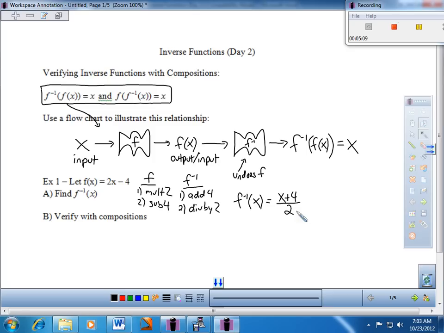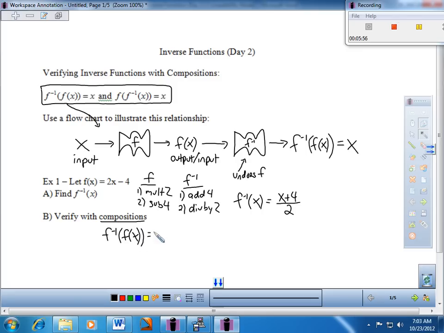Now what we want is basically a way for us to confirm that, to actually see if that truly is. And how would we do that? Well, again, we graphed yesterday and we saw some characteristics and some conclusions with this. But algebraically, there's a way to verify this using, and again, there's the idea, compositions. So I'm going to certainly do it one way. Maybe you can do it that way and then the other way as well. We'll just kind of see how this goes for part B. But basically what I would do is the two different approaches here. So I'm going to do this one at the top, everybody. I'm going to do the inverse composed of f of x and see what we end up getting. So the inverse composed of f of x,